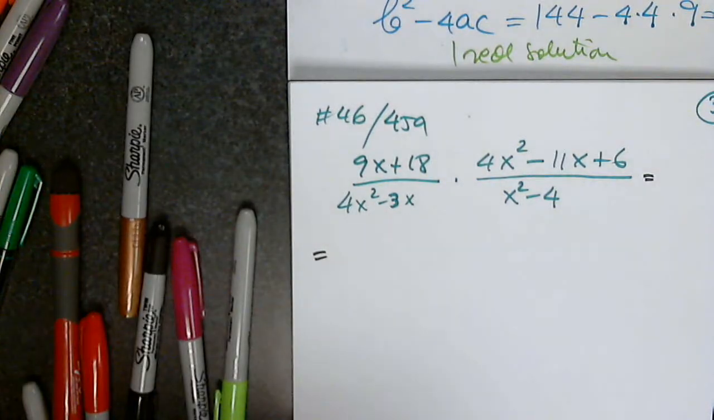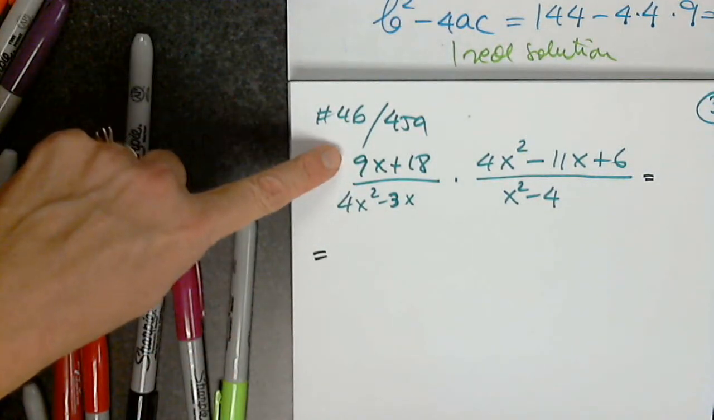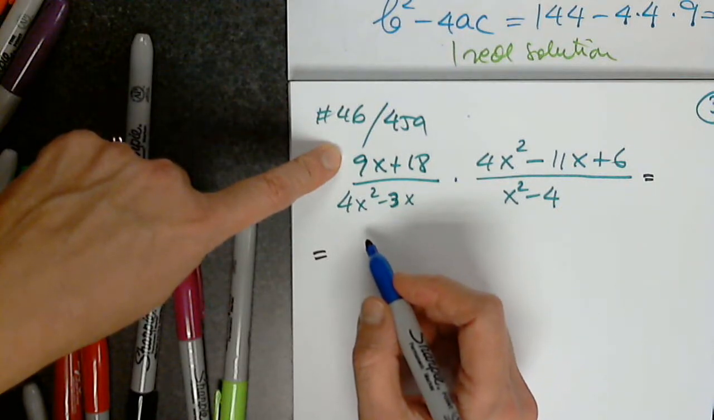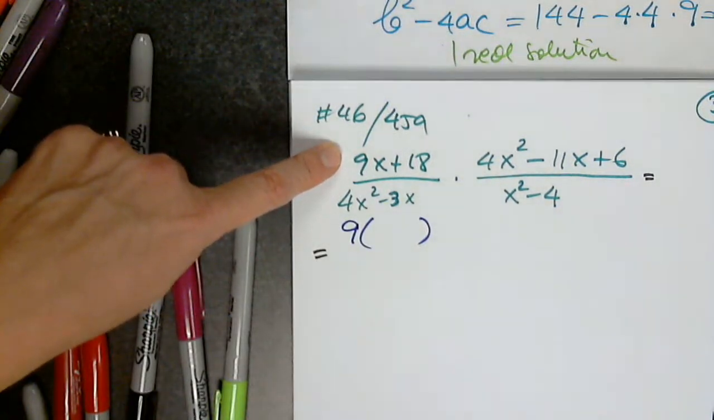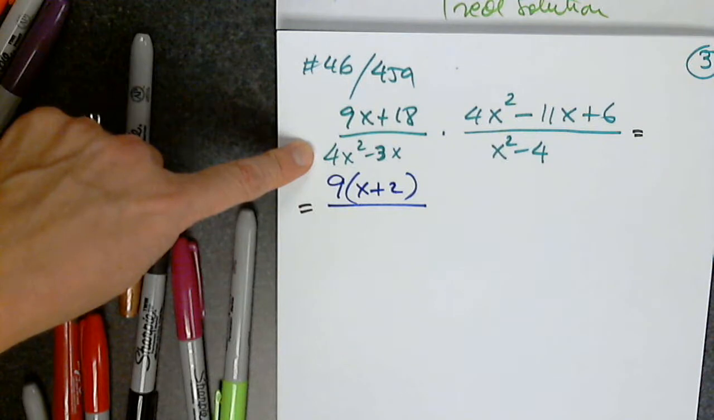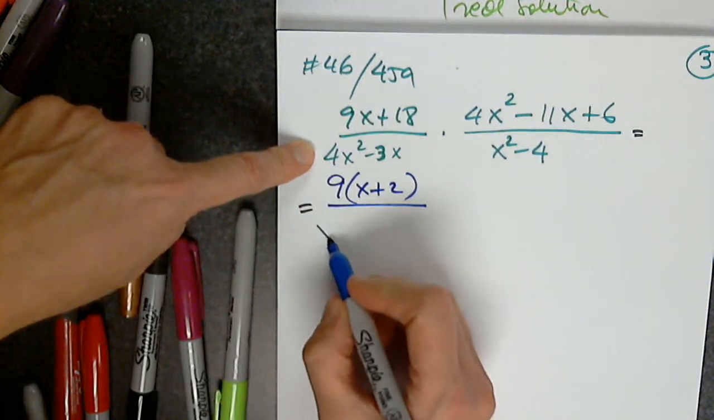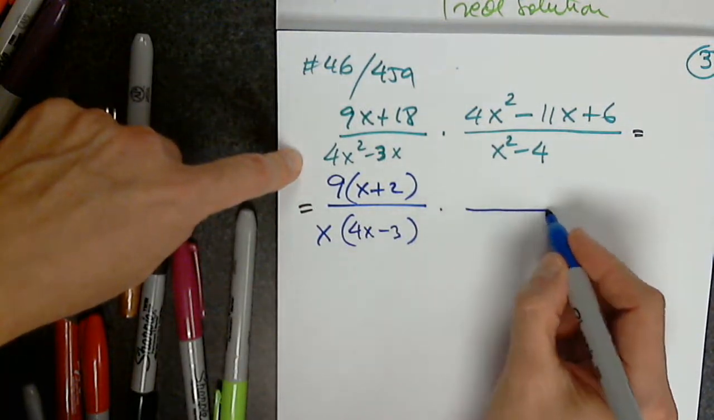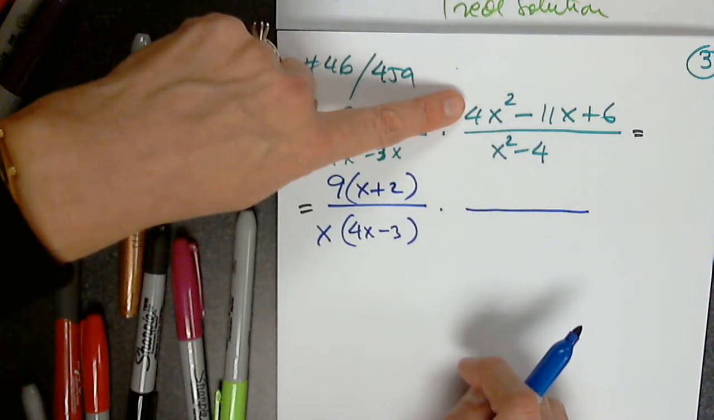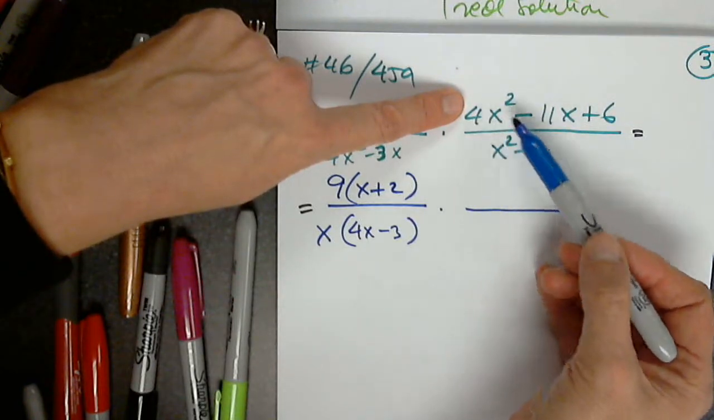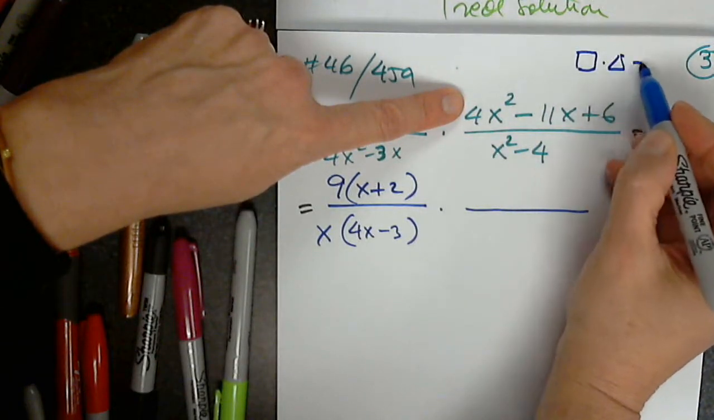Okay, so what did you do with the top of the first fraction? Good. So what is left in parentheses? Very good. What did you do with the denominator? Excellent. What is left? 4x minus 3. Very good. Now the top. I have to take it aside, multiply these two, right? So I'm looking for two numbers whose product is